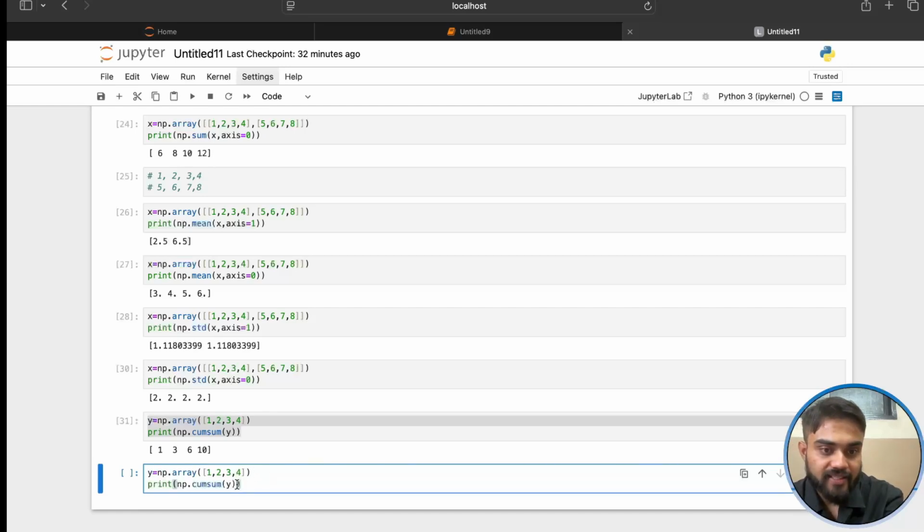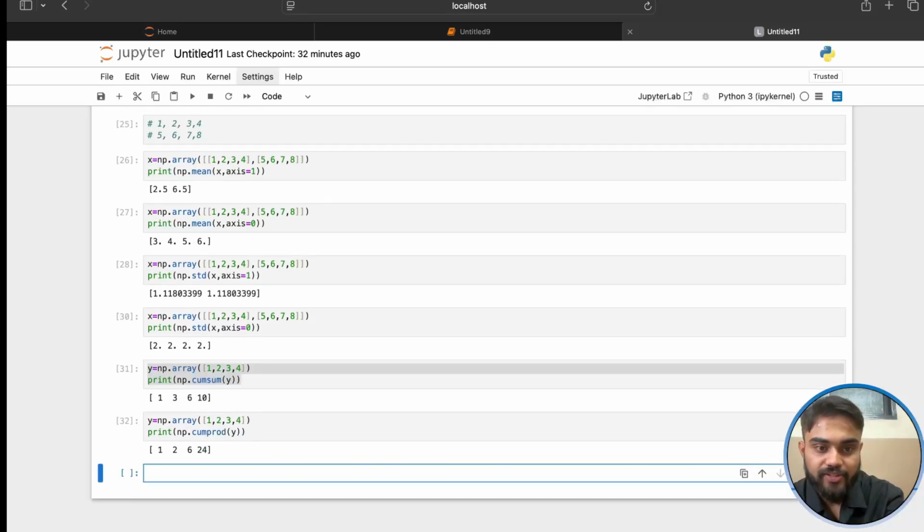Now this time, ladies and gentlemen, what I am going to do, in place of cumsum I am going to give the cumprod, cumulative product, and please check the output 1 2 6 24। Now how it happens, like here 1 into 2, first value will be the 1 always, 1 into 2 2, and 2 into 3 6 is the output। Now 6 into 4 next value 24, so this is the output।